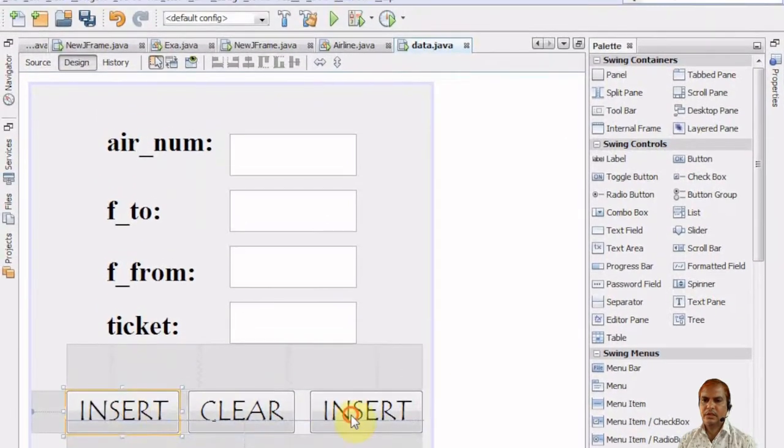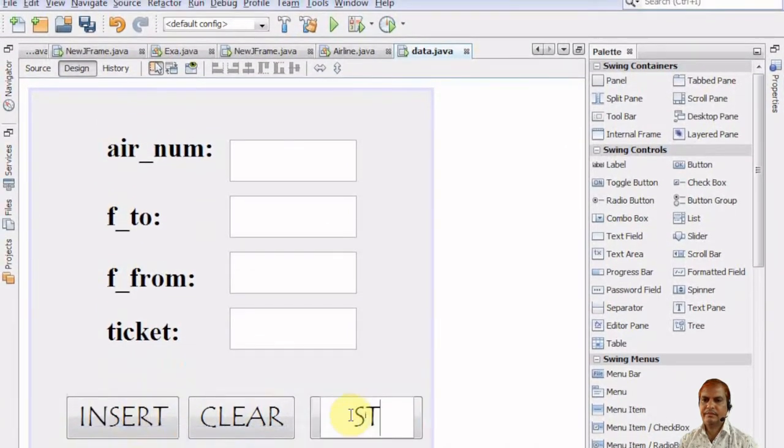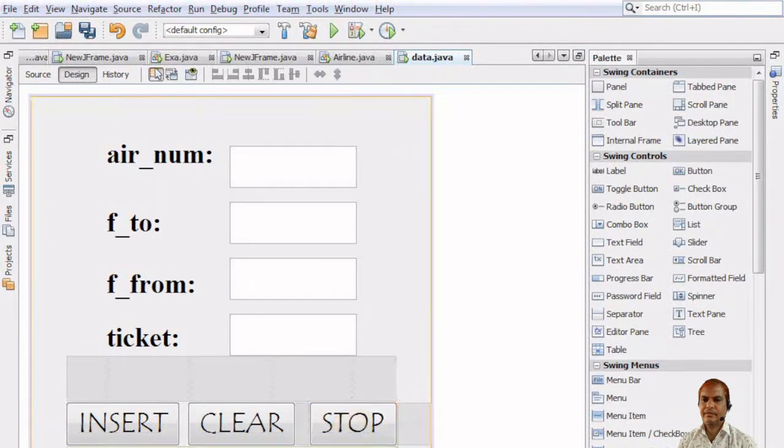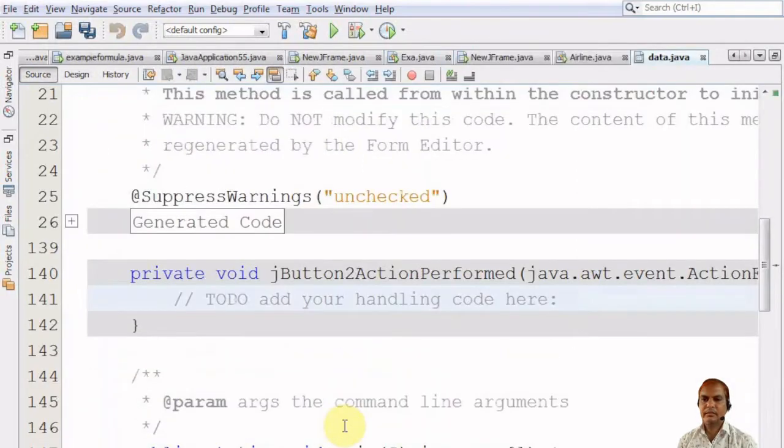Yes, we are ready with all this designing and everything. Now it is time to write the code to link jFrame and MySQL. So we'll start from the very simple stop button. Just double click on the button and type the following code: